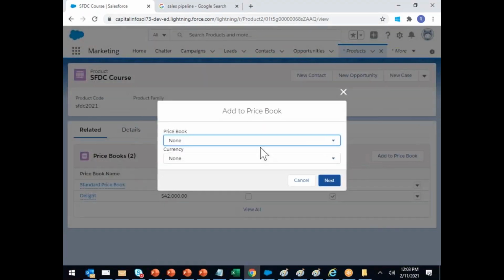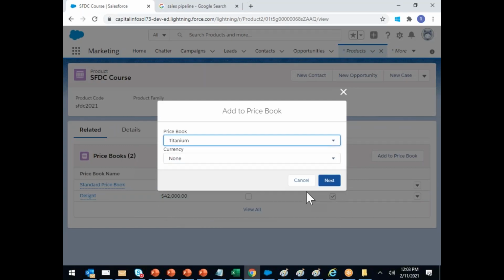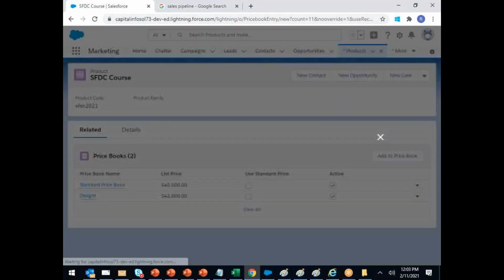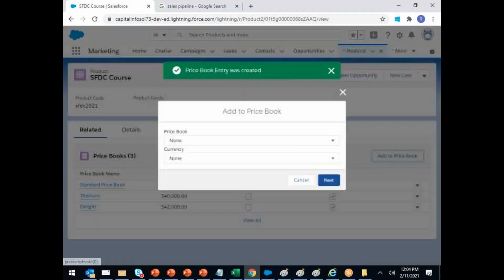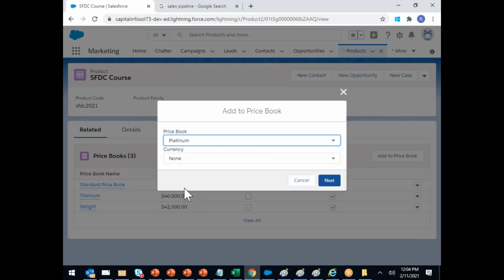Add to price book. Next, we'll start with titanium. Currency, USD. Next, what is the price? 40. Whoever is a titanium customer, the same course I will sell for 40. Save. Again I will say add to price book. Next, platinum.